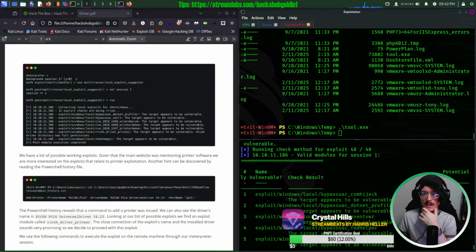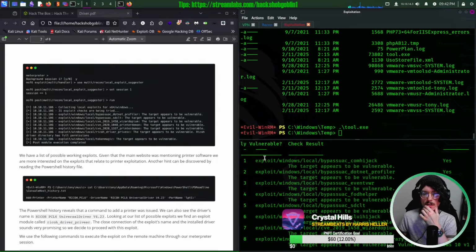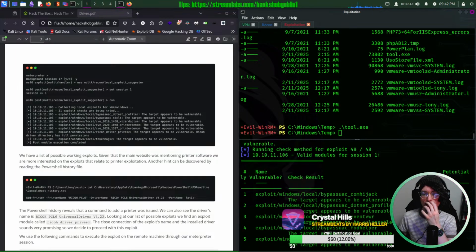Okay, so now I've run that against my current session, and so now I can see what all the target is vulnerable to. I'm also using the write-up to finish this out, because I kind of got stuck. We have a list of possible working exploits. Given that the main website was mentioning printer software, we are more interested in the exploits that relate to printer